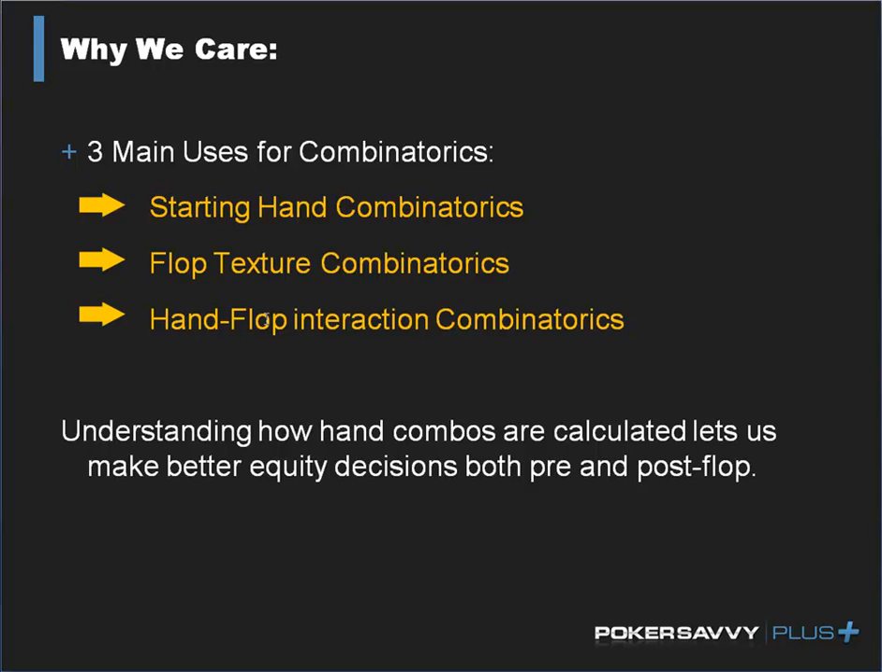Flop texture combinatorics, the same thing, looking at that 52 choose 3 data set. And then for hand flop interaction combinatorics, we'll look at the 49 choose 4 and the 48 choose 3, where we know a starting hand and we want to ask about a flop, or we know a flop and want to ask about a starting hand. All of these things, both understanding the math behind how to calculate these percentages, which is what I've been covering over the last 20 minutes or so,